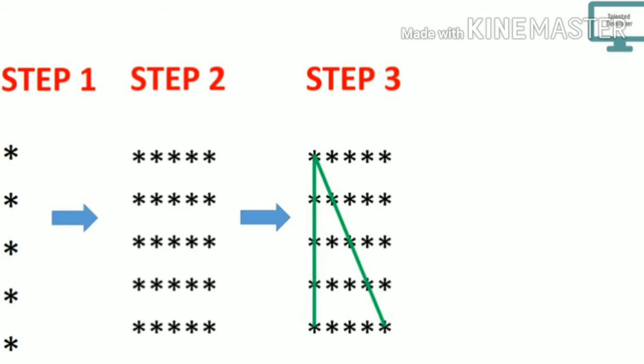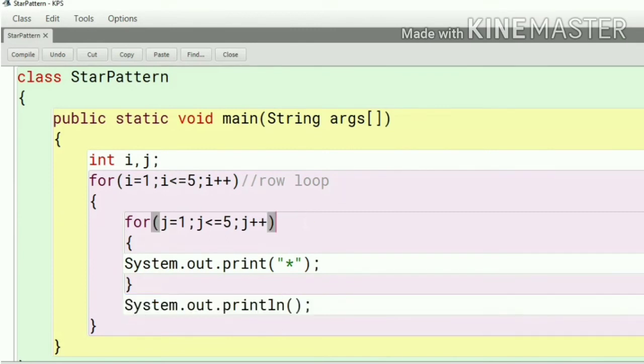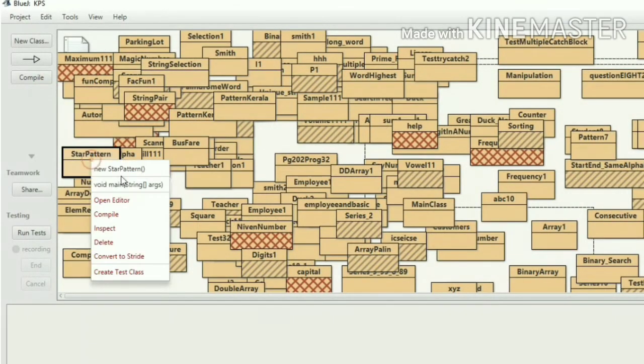Before printing, let's see the structure of the third step to print the star in triangle form. Here we can see that there are 5 rows. In the row part there is no change, but there is a change in the column part of the loop. You can see that after every row, there is a change in the number of columns. So the column changes according to the row. Here we'll put j less than or equal to i. Compile this and see the changes.